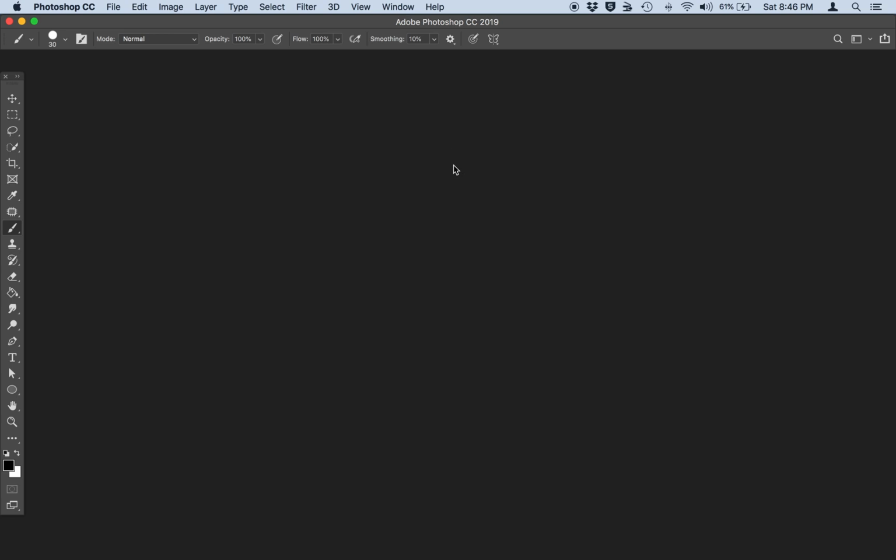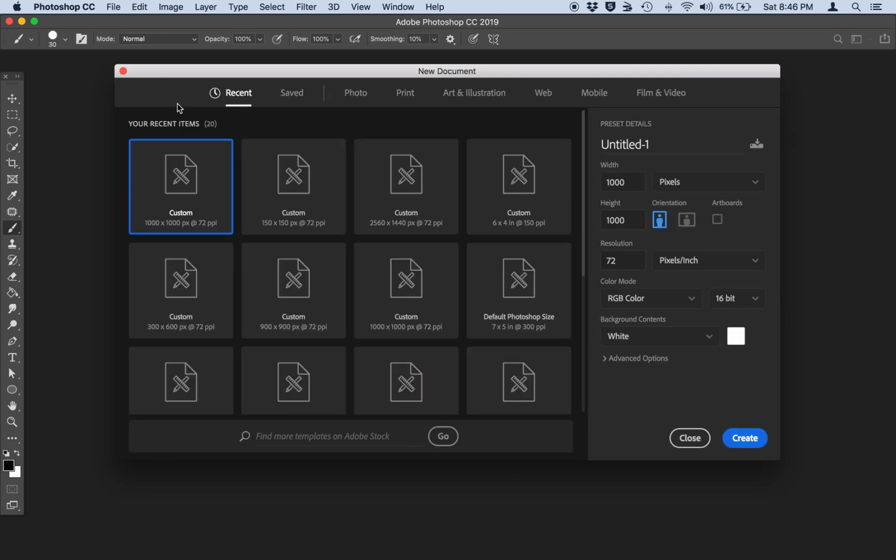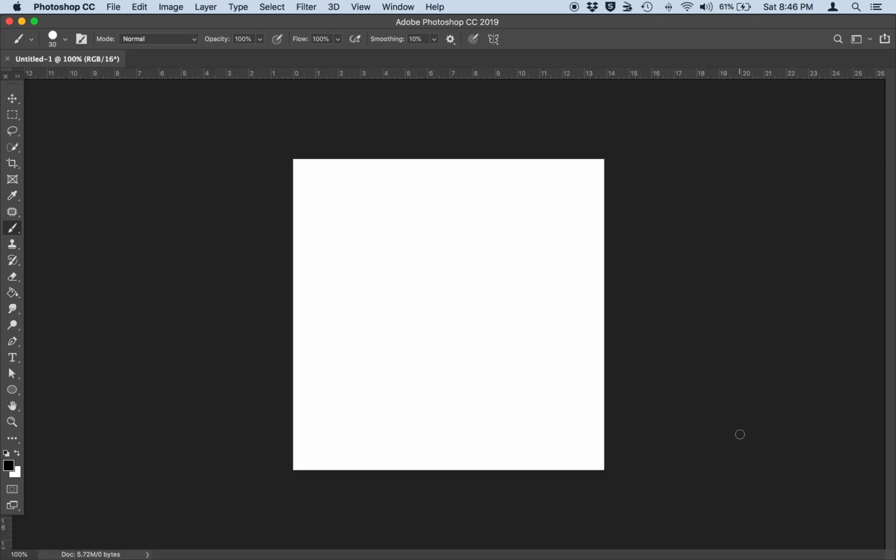Welcome to lesson one. This is the lesson where we're going to give a brief overview about color and accessing color in Photoshop. So the first thing I'm going to do is File, New, and open up a 1000 pixel by 1000 pixel image with 72 resolution and RGB color mode. So once you have this new image open,